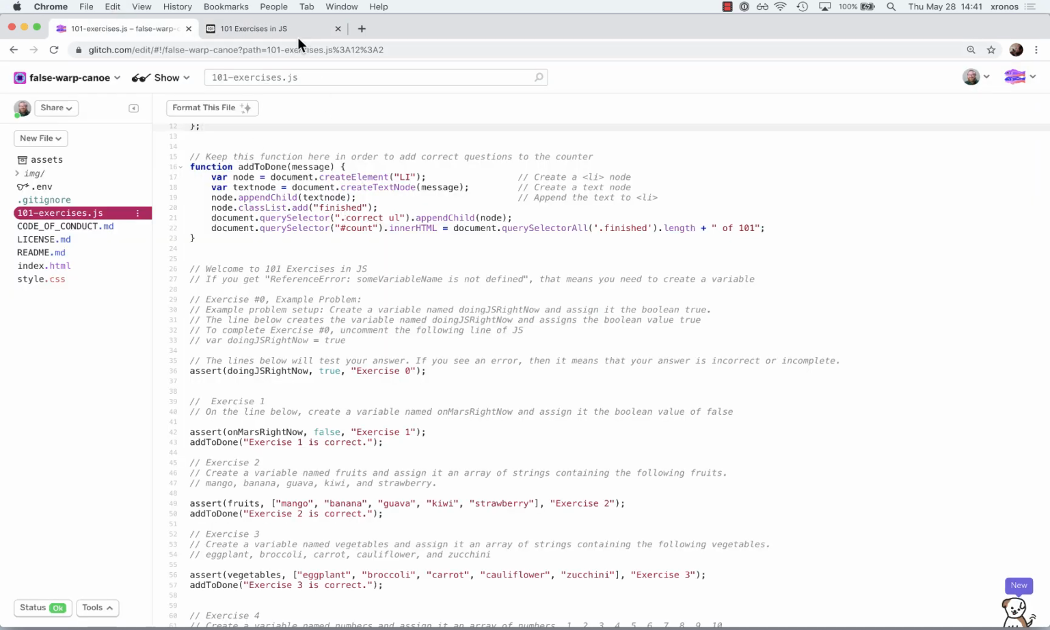Okay, so this told us to look at line 36. Well, line 36, all right, here we go. Hey, look, let's read the directions. Line 36 says there's an assert. The lines below will test your answer. If you see an error, that means that your answer is incorrect or incomplete. Okay, well, what does that mean? Welcome to 101 exercises. If you see a reference error, some variable name is not defined, that means you need to